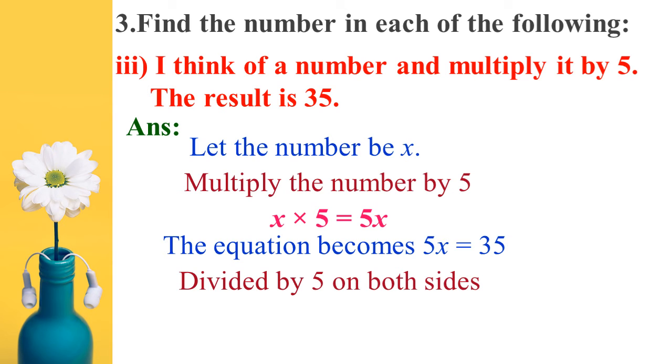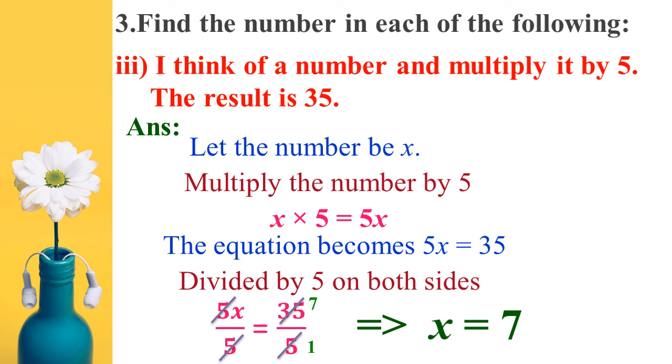So now divide by 5 on both sides. So we can write 5x by 5 equal to 35 by 5. So here 5 will be cancelled. Next, 1 5s are 5, 7 5s are 35. So the solution is x equal to